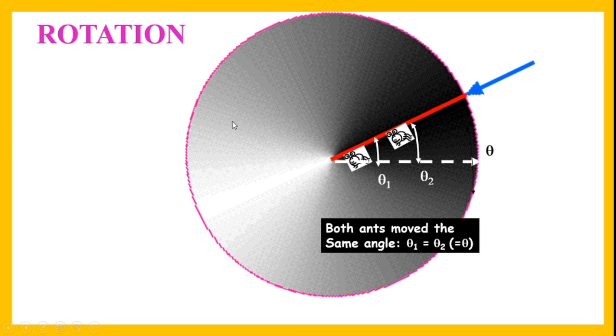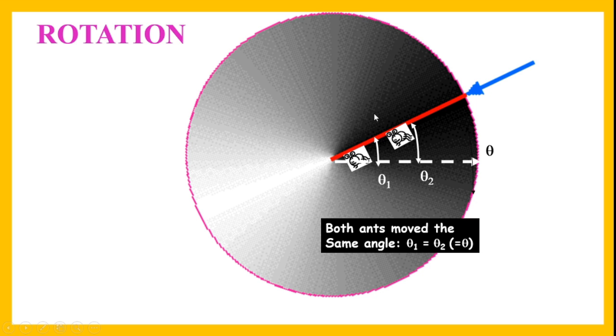Now in the third case, let us see. The dotted line is the earlier case which we have seen. But if you observe here, the same condition as the second case, both ants are here. When you look at what angle they have moved from the previous position, though the ants have travelled different distances from the previous cases, they have moved the same angle. This one has moved angle theta 1, this one has moved angle theta 2, and both angles are the same.